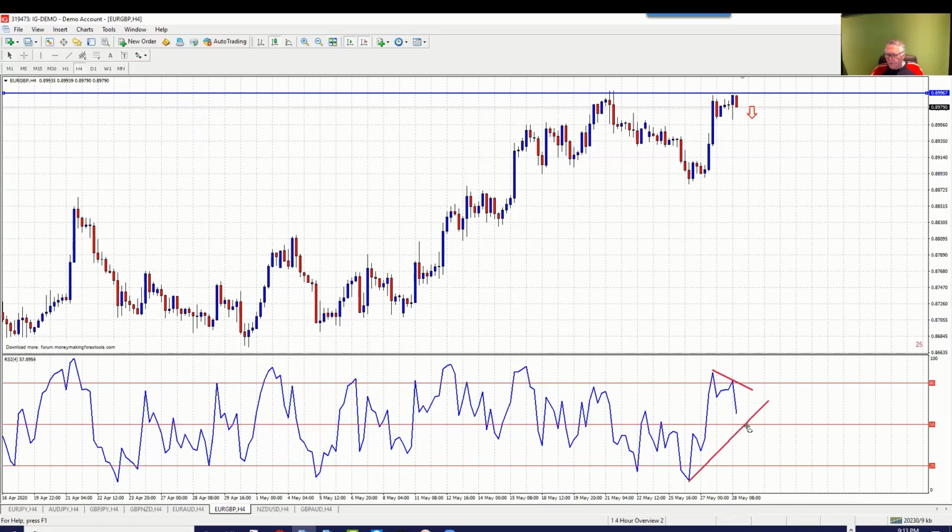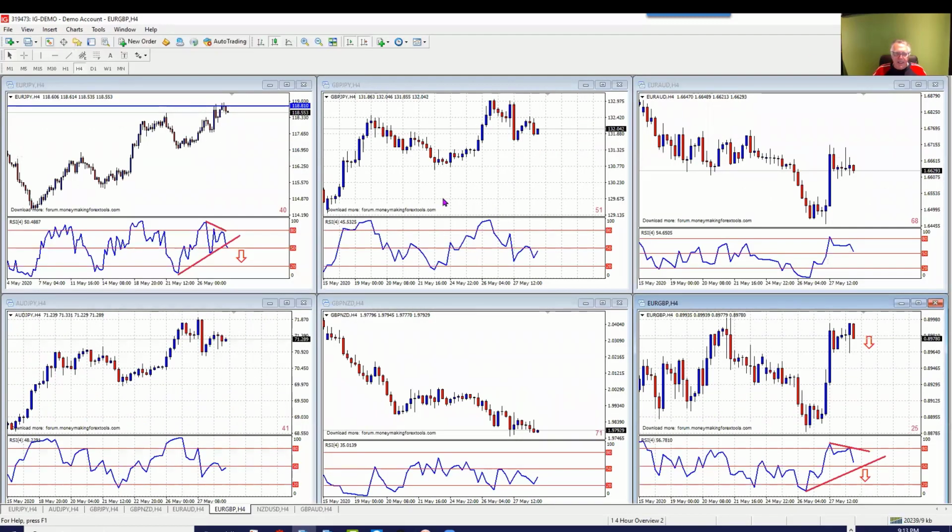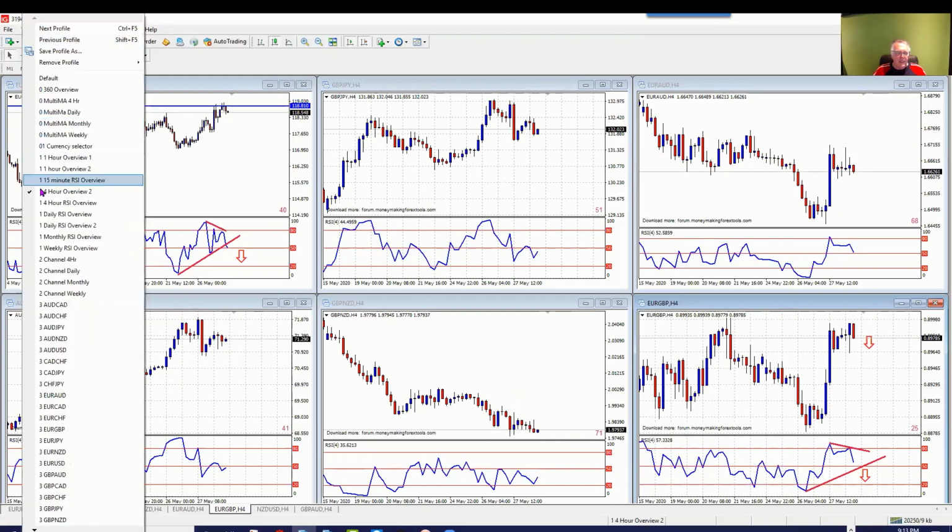But we'd have to wait for the 50 line crossover for that to happen. Okay, so that's an overview of the market. I like focusing on the 4-hour time frames. That's my key area. It gives you a good balanced view of the market. Also, it's the time frame that will give you the sort of 100 pip runs that are quite nice to trade. Okay, so we've got that one,